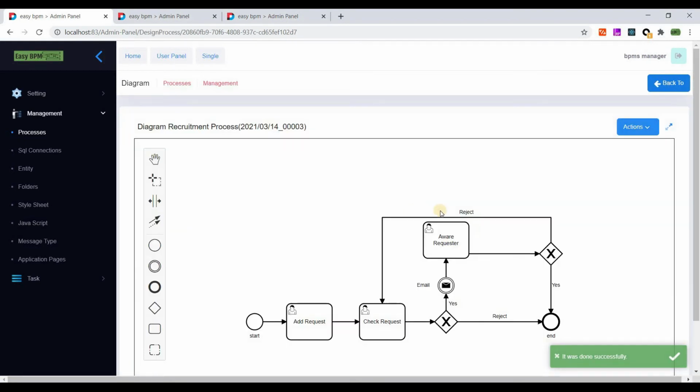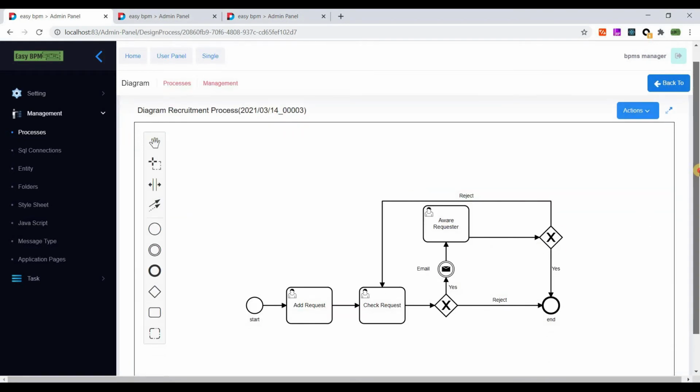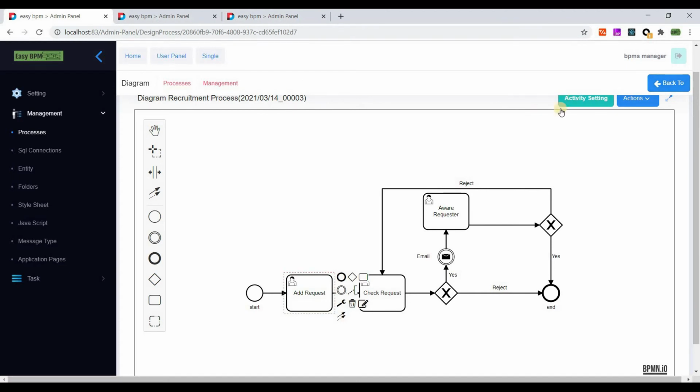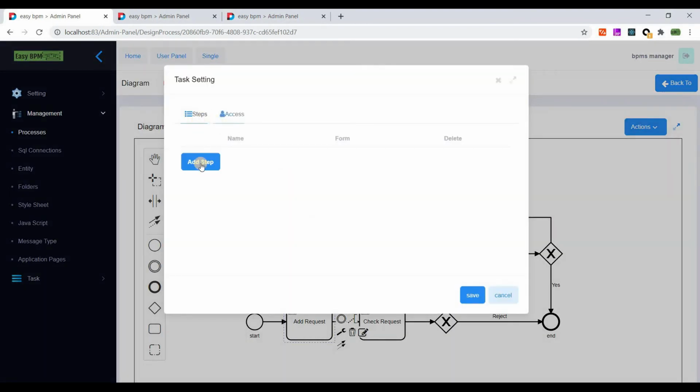I go back to the process designer. Now I will assign the form to the user task. So I click on the edit icon. In this pop-up I will add a step. You can add multiple steps, but for this video, I have one step. So the first one is add request,